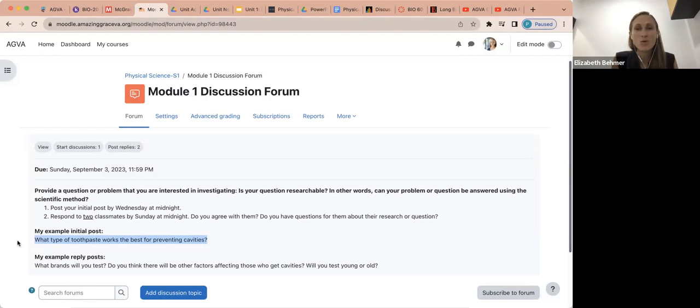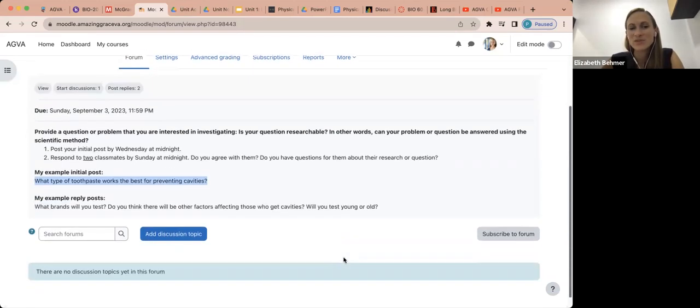And then maybe my whole research will be a year long trying to test different toothpastes that work the best to prevent cavities. Some example reply posts to this question would be, well, what brands will you test? Do you think any other factors would affect those who get cavities, like their age or their diet? Will you test just kids or old people? So that's an example